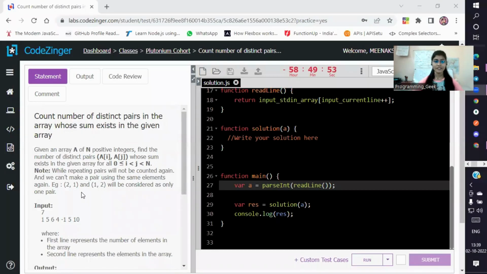Today we will solve another question of CodeZinger using JavaScript. Let's get started. The question is we have to count the number of distinct pairs in the array whose sums exist in the given array. It means we are given an array A of n positive integers. We will find the number of distinct pairs, that is A[i] and A[j], whose sums exist in the given array